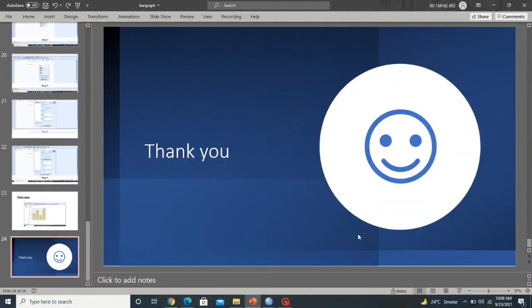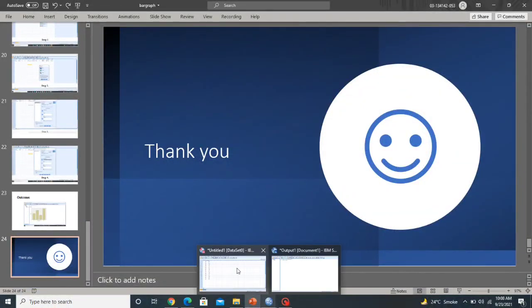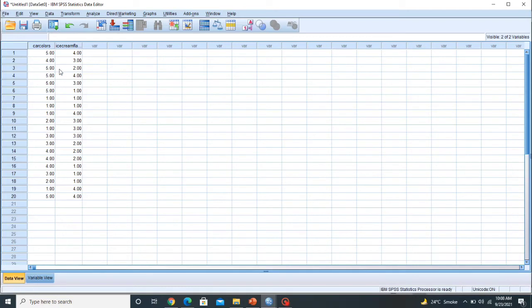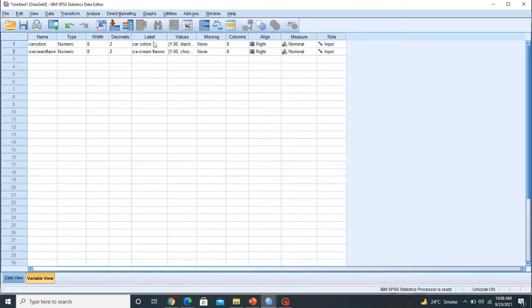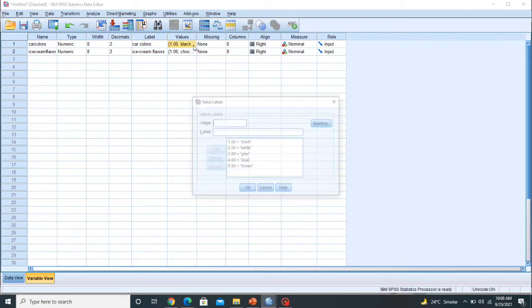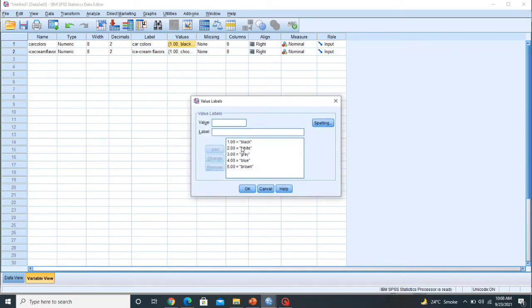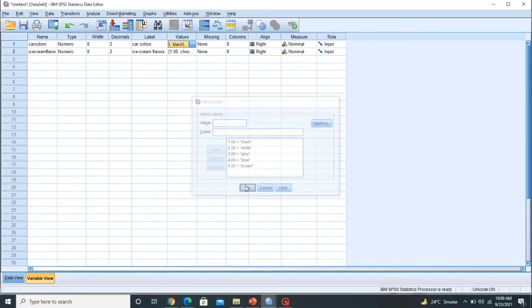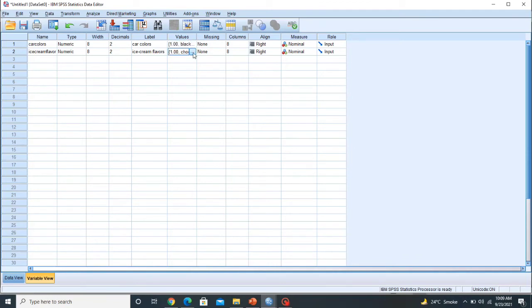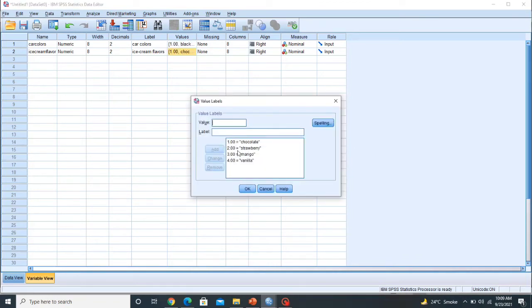So now we will look at how to construct a bar graph in SPSS. So let's start. Here I have added 20 items and entered two variables, car colors and ice cream flavors. I have given the values: black 1, white 2, gray 3, blue 4 and brown 5, and I have given the ice cream flavor values in the same way.